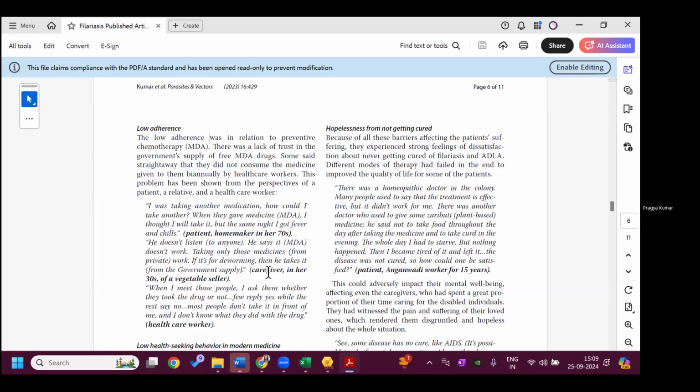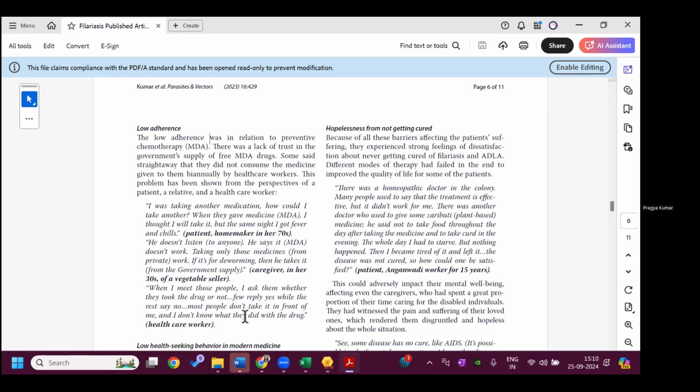And again one healthcare worker is saying, when I meet people, I ask them whether they took the drug or not. Few reply yes, while the rest say no. Most people don't take it in front of me, and I don't know what they did with the drug. So these are the three verbatims we have used to show this category of low adherence.